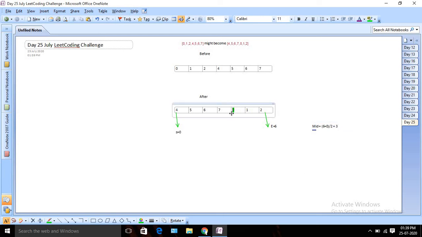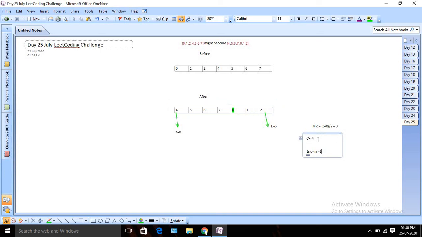So this is my mid. Now I am again checking my mid value. Is 0 greater than or equal to my start value? It's not, right? In this case, I am going to update my end counter, so my end counter will be m, which means 3. Now I will look into this area, and I am not going to bother with this section.